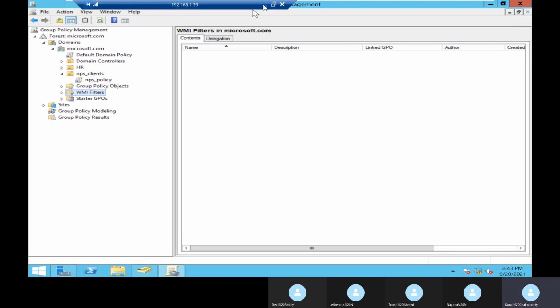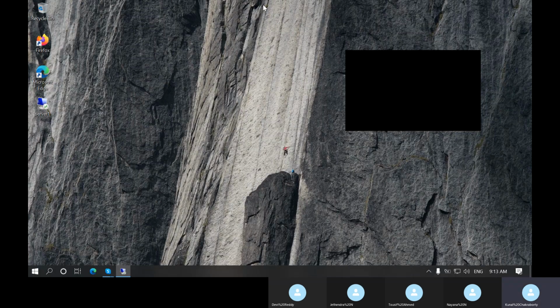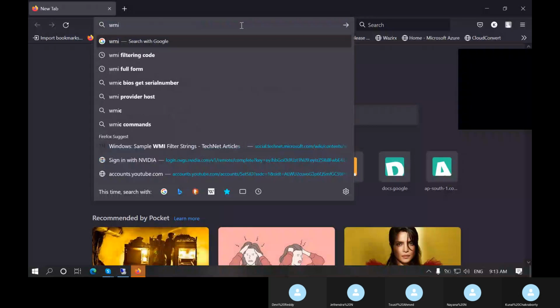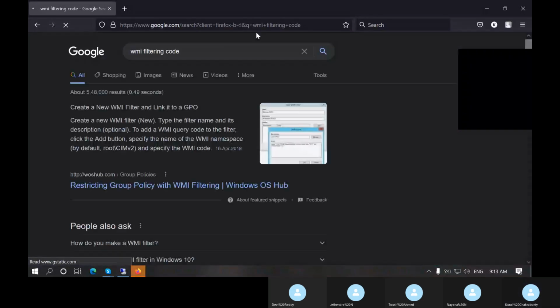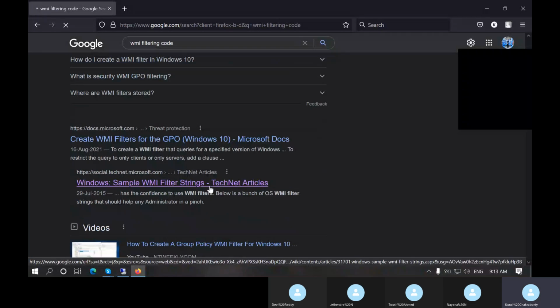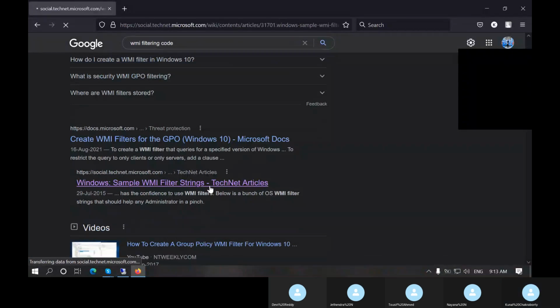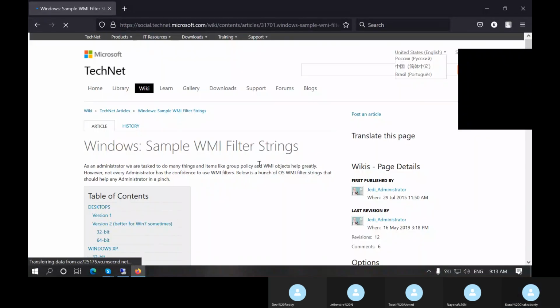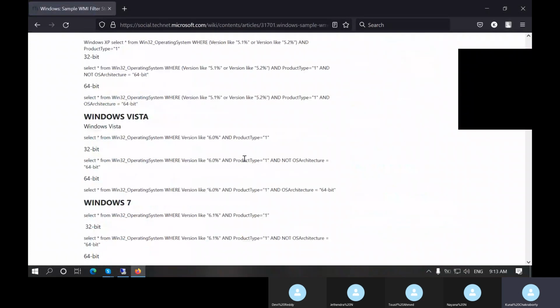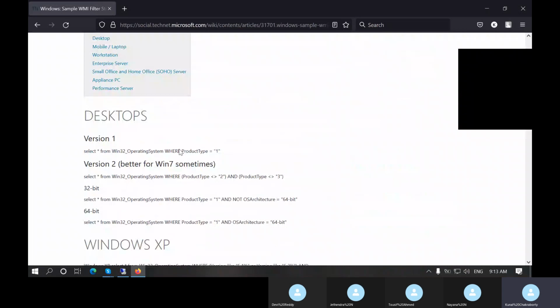If I go to Google and search WMI filtering codes, you are going to get all the queries. Here you can see, as per the OS, you are going to get all the queries.